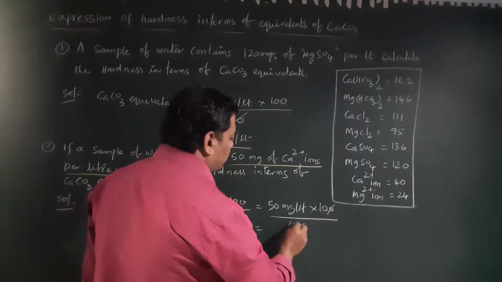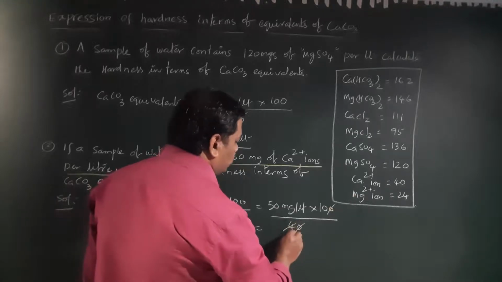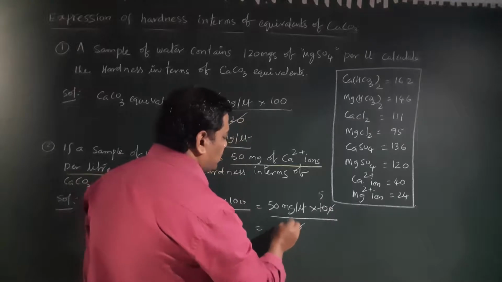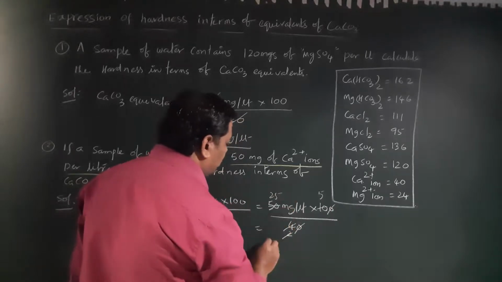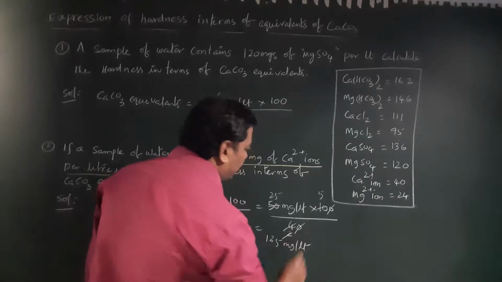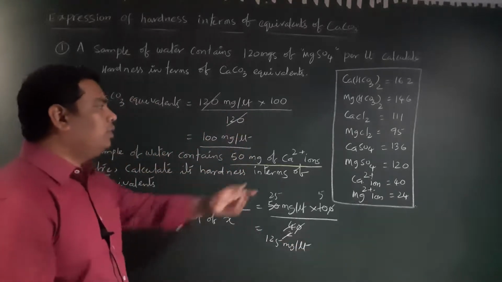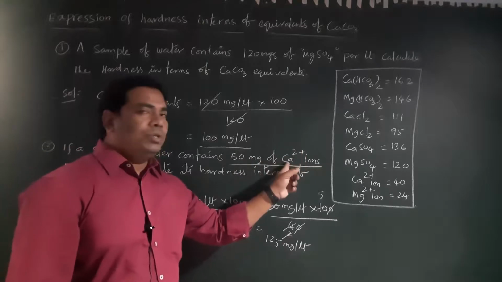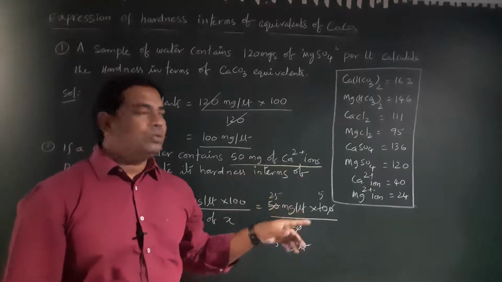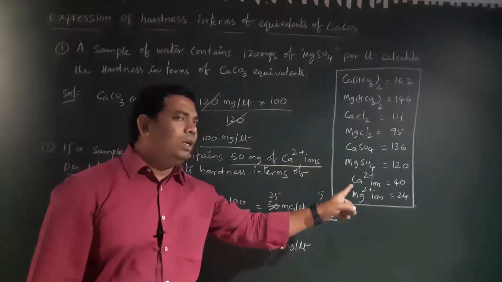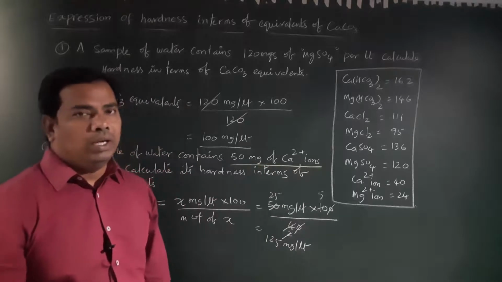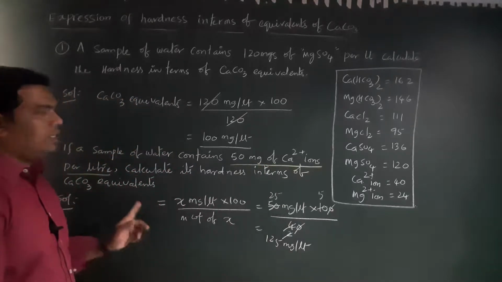Okay, so 4 2 2s are, so 2 5s are, 2 1s are, 2 25s are. So that is equal to 125 milligram per liter. Okay, so clear, student. If in that question he mentioned Ca plus 2 ions, not calcium sulfate, then you can consider only the molecular weight of Ca plus 2 ions only.